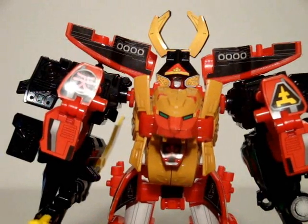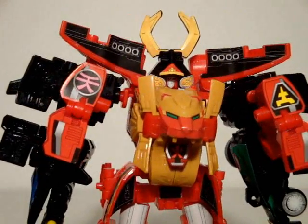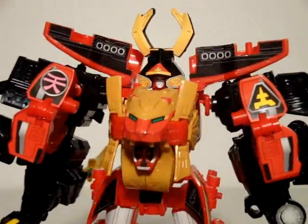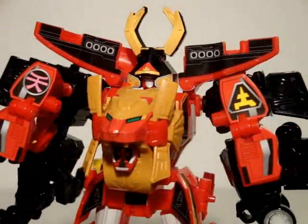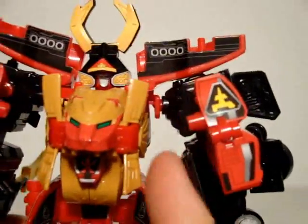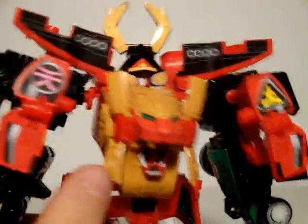Shinkin Gokai. So here we have Shinkin Gokai, which is probably the mode that everyone was waiting for. Certainly the one I was looking most forward to, and I gotta say, it really did work. As you can see, he's got a new helmet, which is really nice. You got all 5 kanji symbols: earth, fire, heaven,